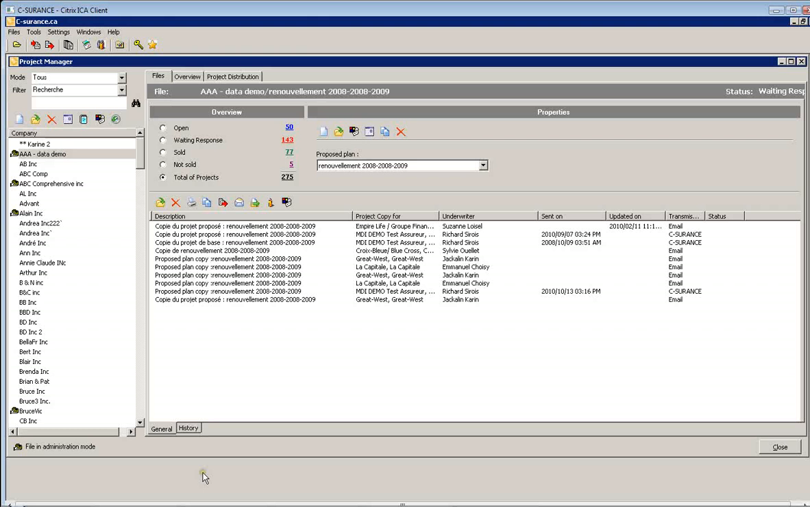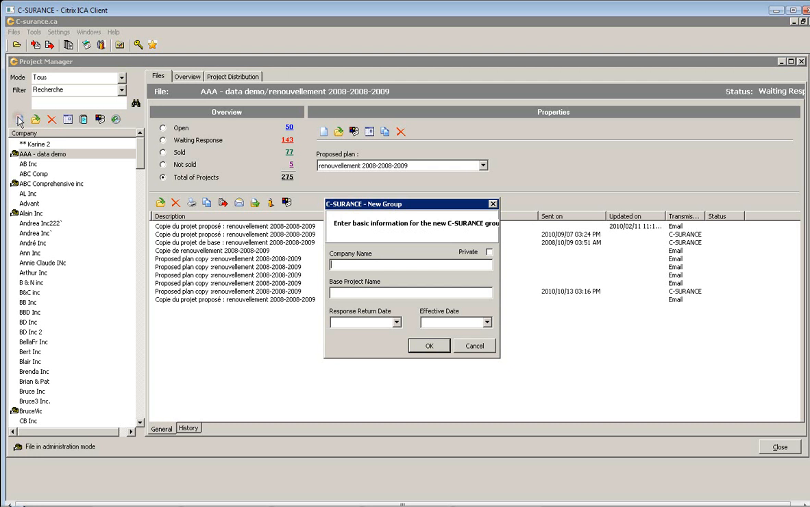The next step is pretty easy. We want to create a new file, therefore we simply click on Add a New Company, and then we are able to create the name of that new company. So we will call this Allegroupe Demo, and we will call this project